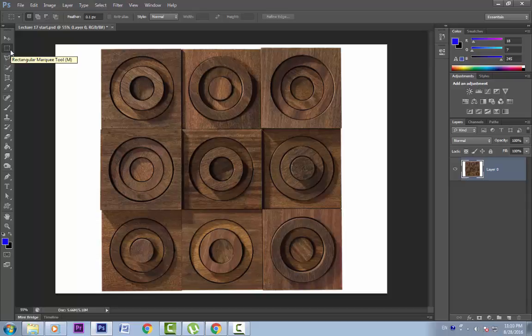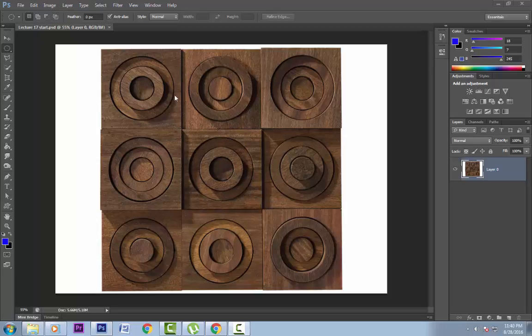Now let's go to the elliptical marquee tool. I'll press Shift M on my keyboard and get the elliptical marquee tool. The elliptical marquee tool, as it suggests, gives a selection in the shape of a circle or an ellipse. It has the same keyboard shortcuts. I'll deselect. If I press Shift and drag, it will make a perfect circle, like so. And similarly, if while drawing a selection, we press the space bar, we can move our selection. The other shortcuts are also the same. Press Shift to add to a selection, press Alt to subtract from selection, and press Shift and Alt for the intersecting selection.